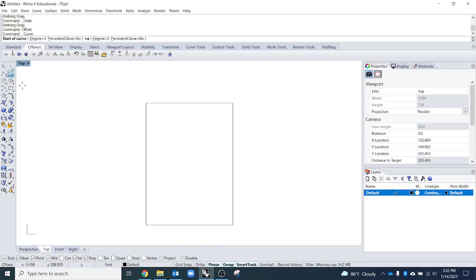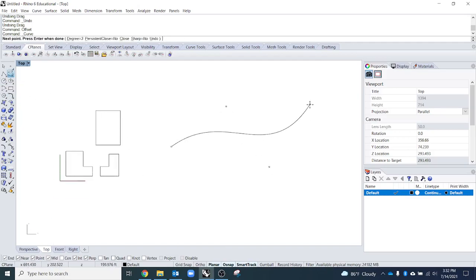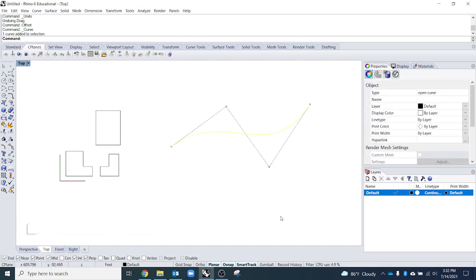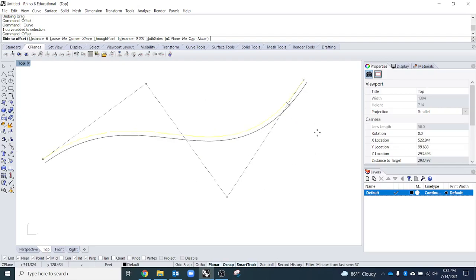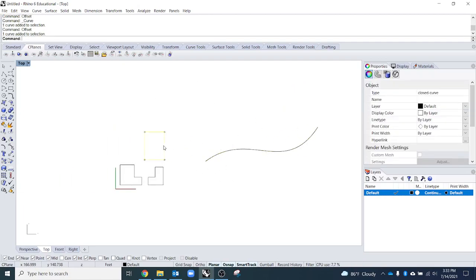And the same is true, for example, if I drew a freeform curve. If I were to offset this curve, you can see it's making another curve that's exactly that distance away from it, perpendicular to the curve at every point, right? So I can do that on either side. So with this guy, I'm going to offset it,